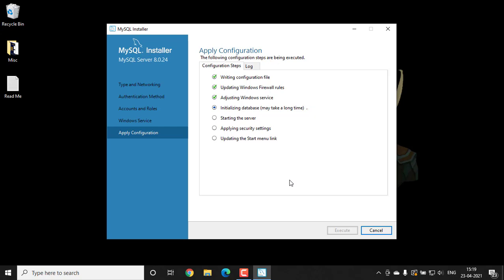This might take some time. As you can see here, it will also update Windows firewall rules and adjust Windows service and do all the remaining updates and apply security settings automatically.